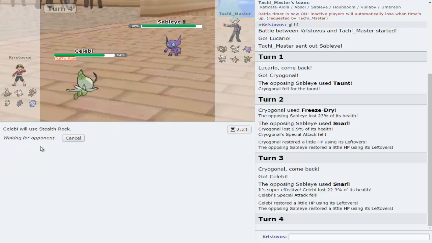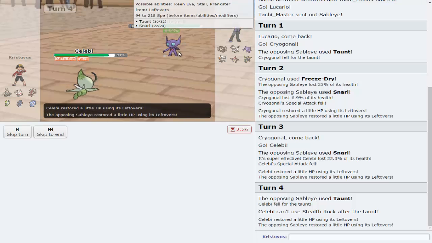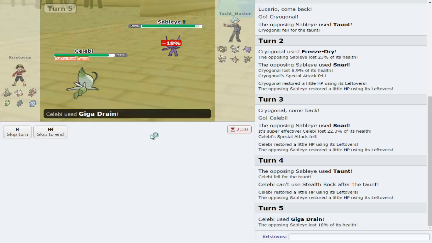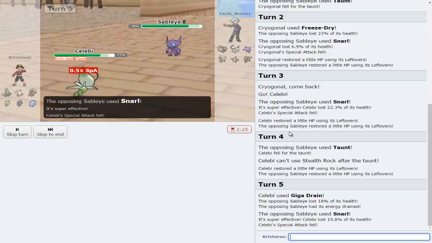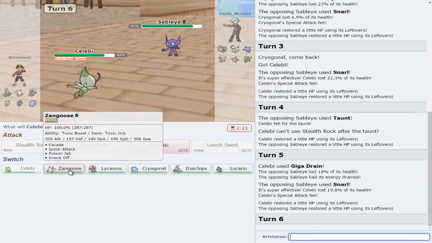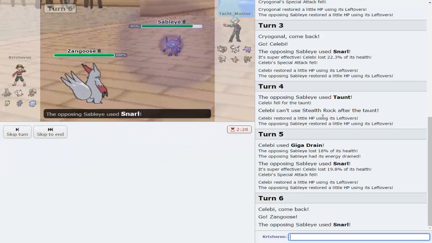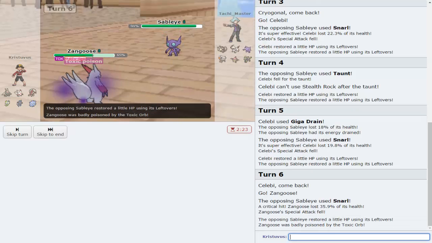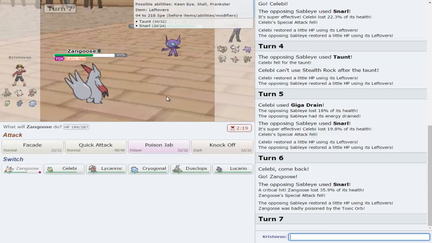So I'm going to Stealth Rock now, and he's going to taunt. Okay, I should have expected that, but I didn't. So I'm going to Giga Drain just to get some health back, see what he wants to do. And he's just going to keep snarling, so that's fine. If he doesn't have the Will-O-Wisp, I'm just going to switch into Zangoose here, because I don't think he would use it right now. And he crits me, and that kind of sucks, because obviously Zangoose is kind of a Glass Cannon, but Toxic is going to whittle me faster than...